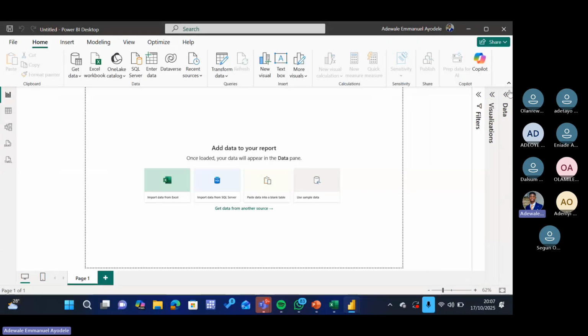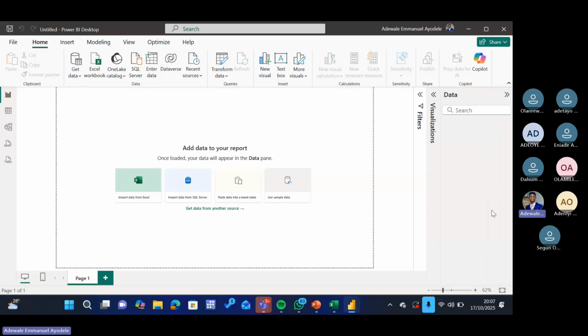This is where our data comes in. If we've loaded our data here, so